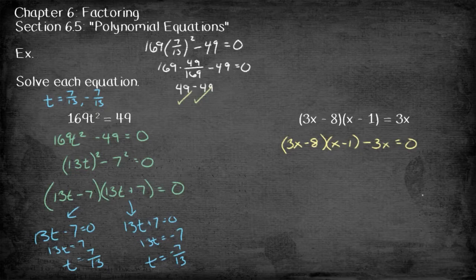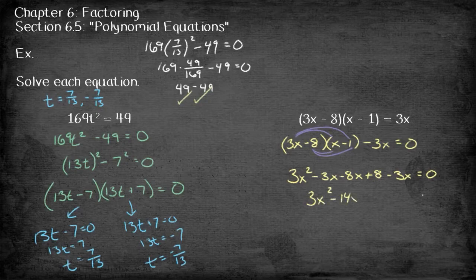And now my expression's not factored anymore, so I'm going to need to redo the factoring bit, which means I got to FOIL. And then I still have that minus 3x at the end there. By collecting like terms, I get 3x squared minus 14x plus 8